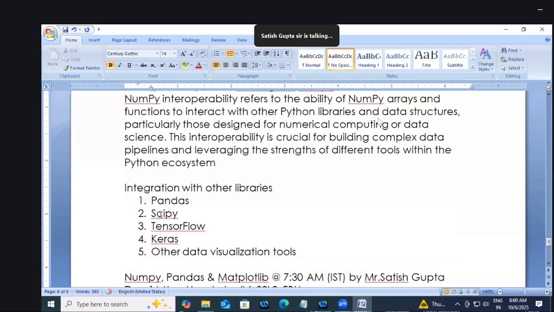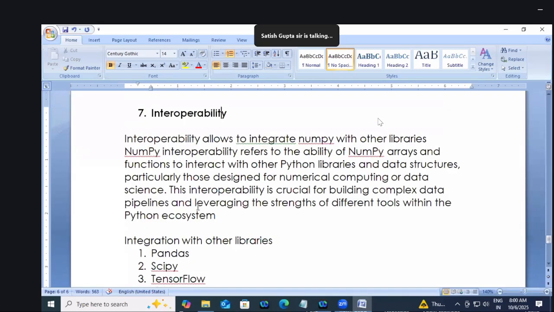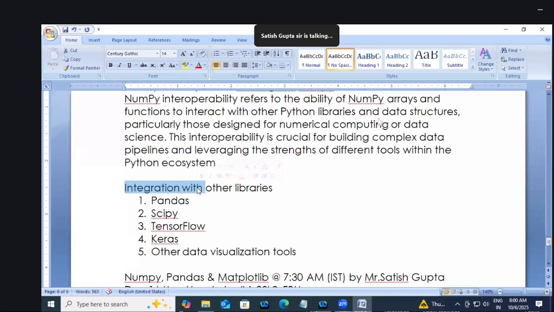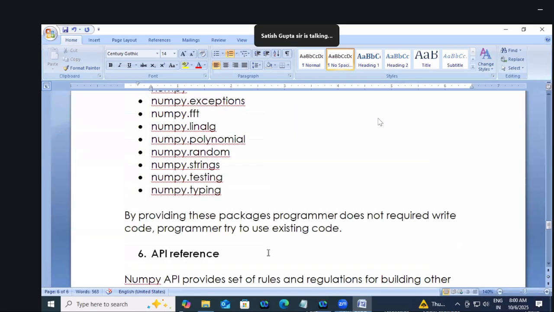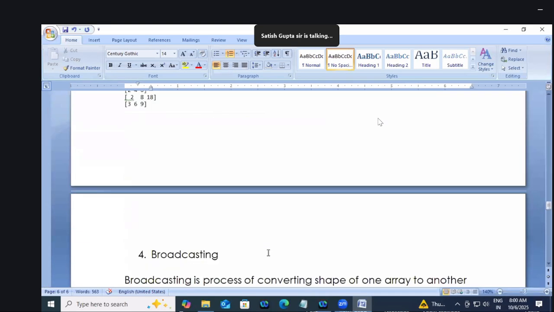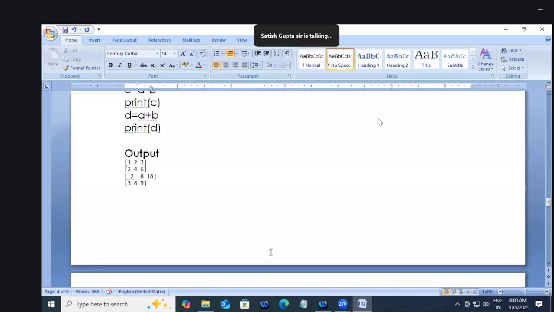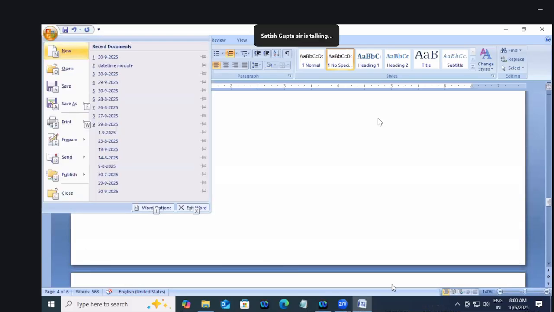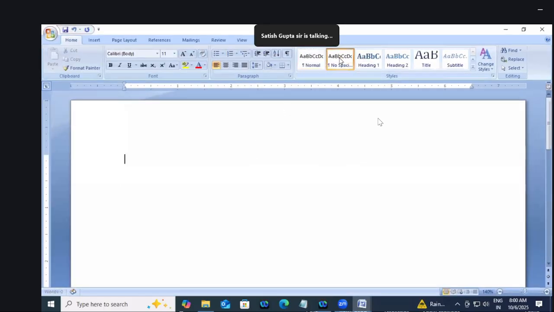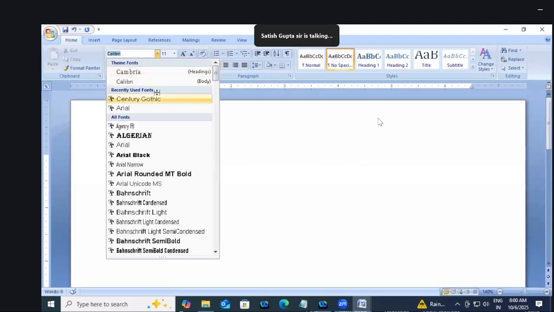Interoperability between other libraries. NumPy is used by other libraries like Pandas, SciPy, TensorFlow, Keras, and other data visualization tools. Now, all these are the advantages of using what? NumPy. Understood? Right? So next, I'll give you the differences between the list and